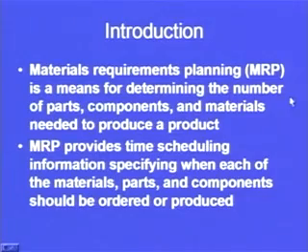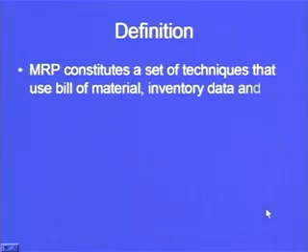Sometimes we produce the items within our own organization, then we need to take a decision that when the production for that particular part or component should start. So the two catchwords in this slide is determining the number of parts and when each of these parts should be ordered or produced. So determining number, that is one thing, and second thing is what we have seen in the slide, that when it is required. So two important things are there on this slide which form the basic backbone of materials requirement planning. Now let us see the definition.